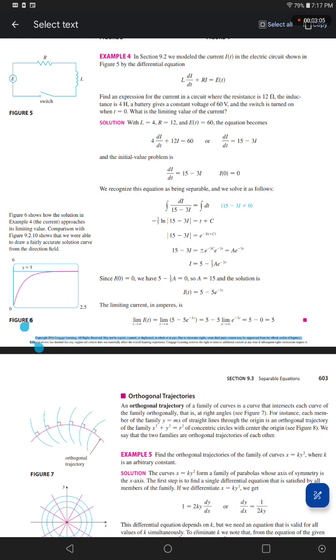Since I(0) equals 0, we have 5 - 1/3 A equals 0. So A equals 15, and the solution is I(t) equals 5 - 5e to the power negative 3t. The limiting current in amperes is the limit as t approaches infinity of I(t),